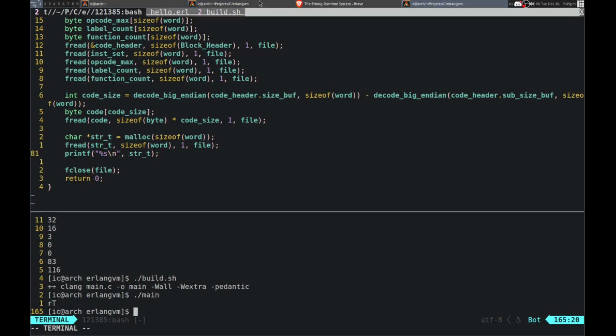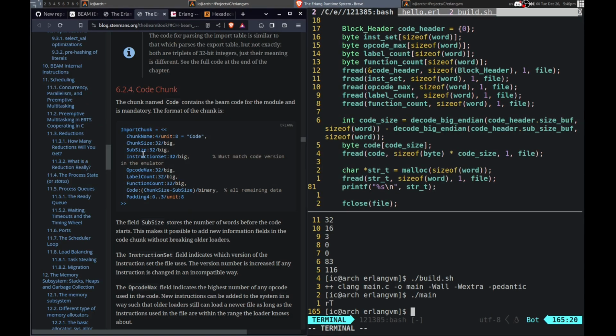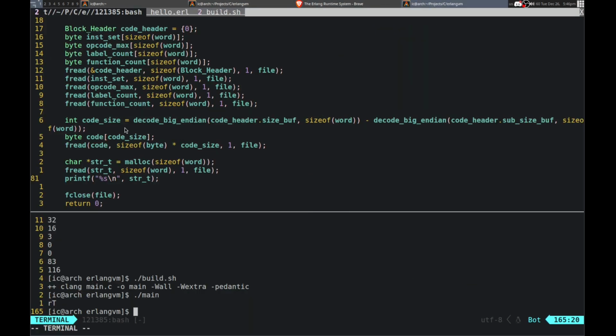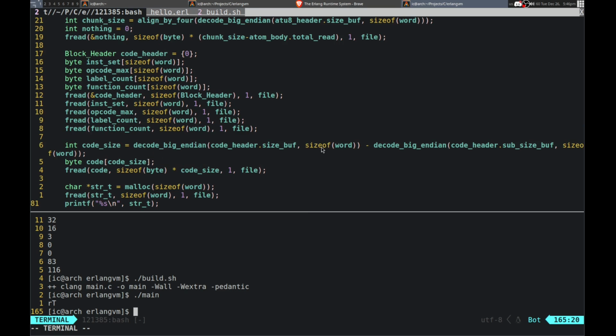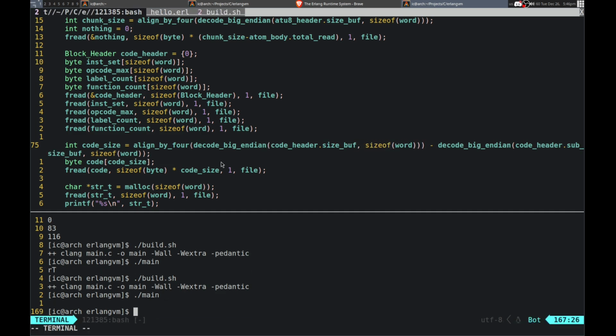Oh, because we did not align it, did we? We probably need to do that. So, yeah, the chunk size. I think we just align the chunk size, right? Oh, let's see, align by 4. Or it might have to do the whole thing. I don't know exactly.